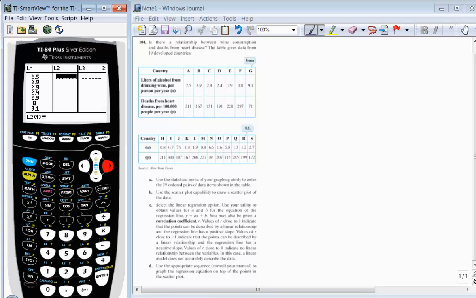In the first column it's 211, then 167, 131, 191, 220, 297, 71, 211 again, 300, 107, 167, 266,